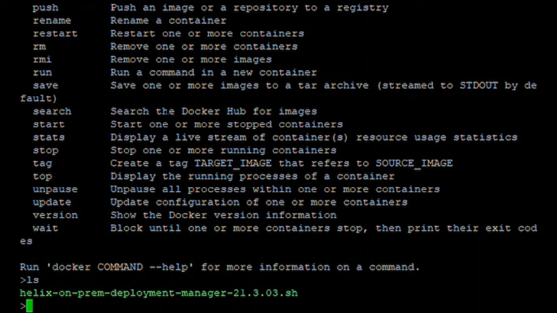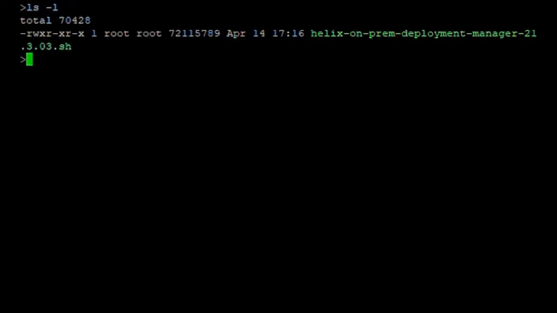So the first thing you notice is in this particular directory, I have downloaded the file from the EPD site that is going to allow me to install the product. In this particular case, it's called Helix On-Prem Deployment Manager. This file is a self-extracting archive.